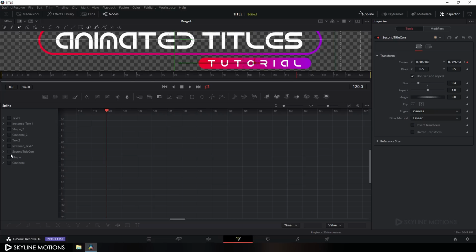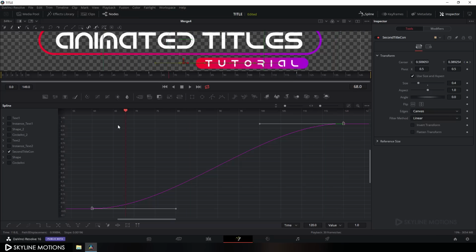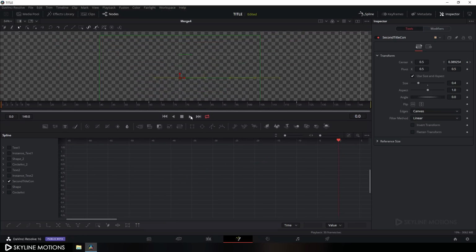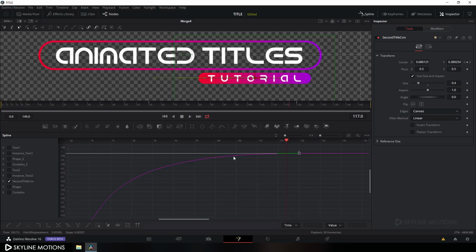and check this second title control only and click on fit button, select all these keyframes, hit S to smooth, and set the CTI on frame number 60. Hold this handle and create a curve like that. And now let's play this. All right. As you can see, it's looking nice, but I want to create a time gap between both the